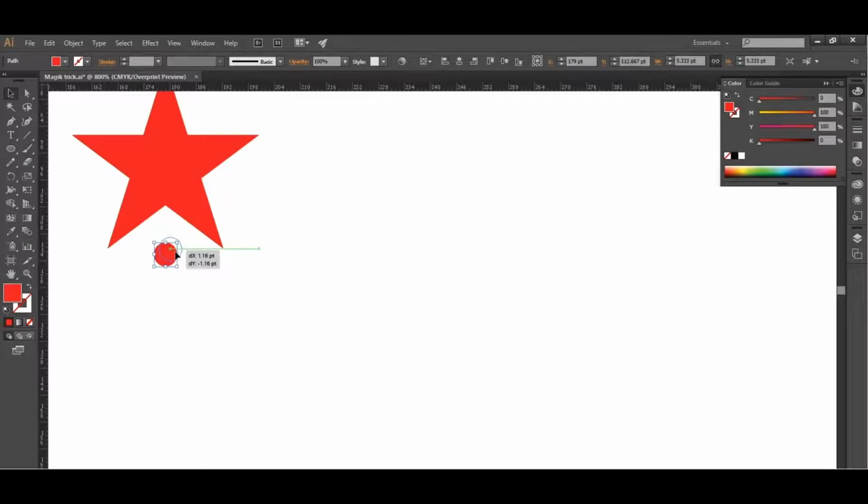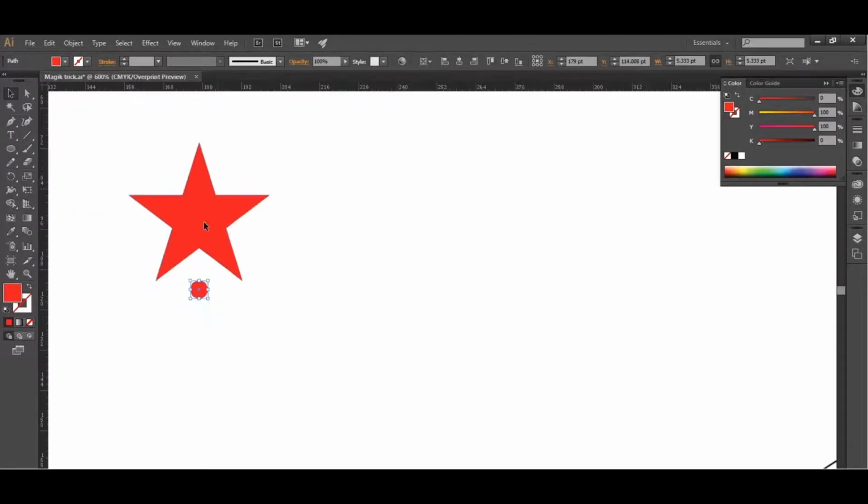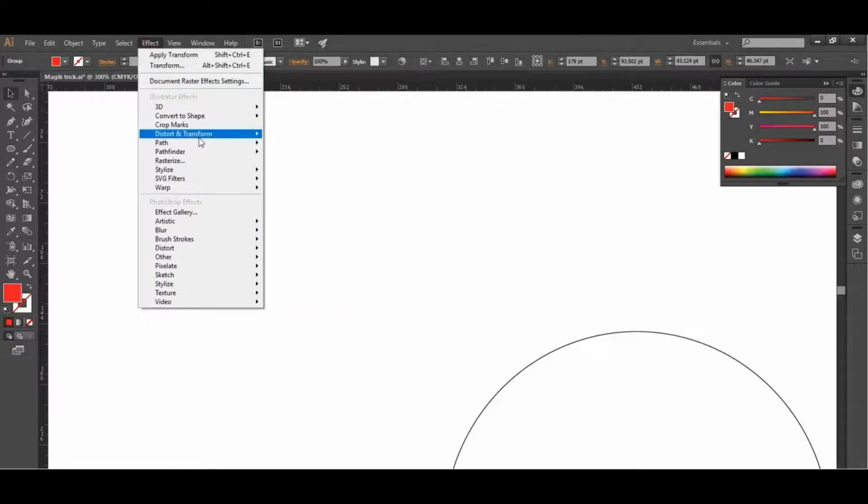This is the bottom part. You can see the smart guideline is on, so I can see this is the bottom part. Sorry, this is not the bottom. You can see this is the bottom part, and make it center, and then select both objects, make group, then go to Effect,